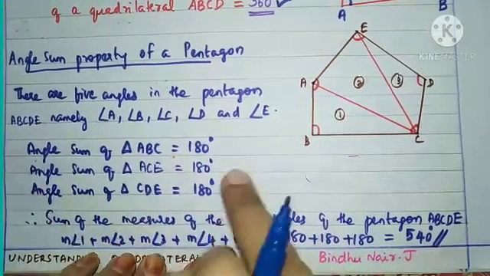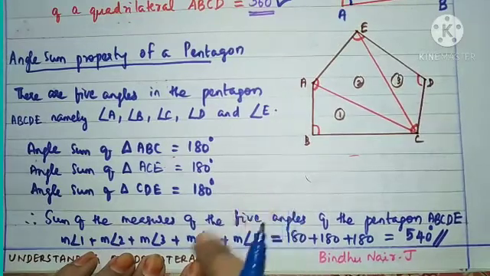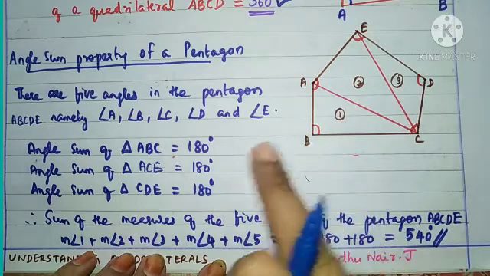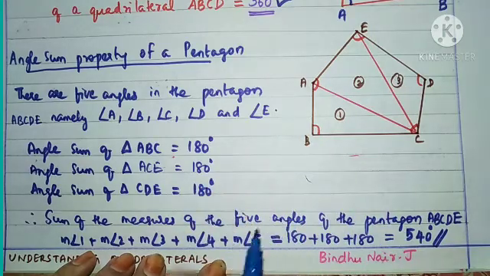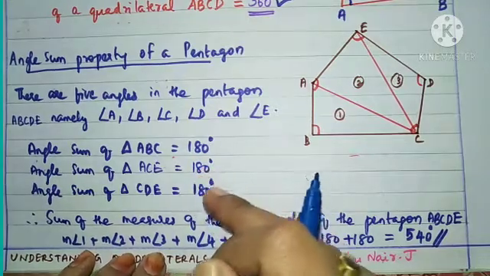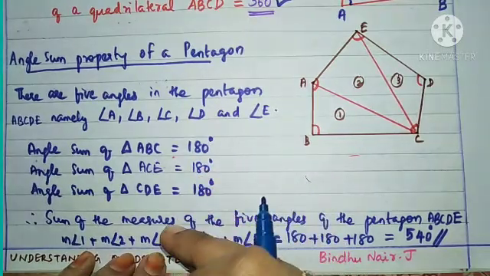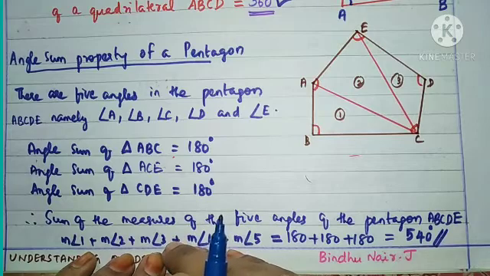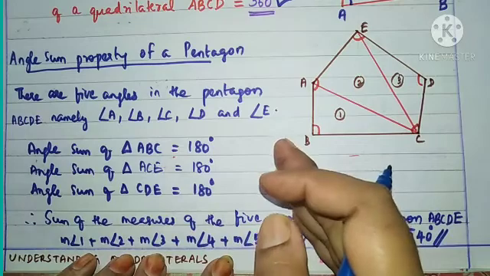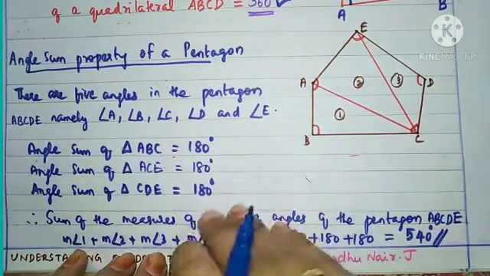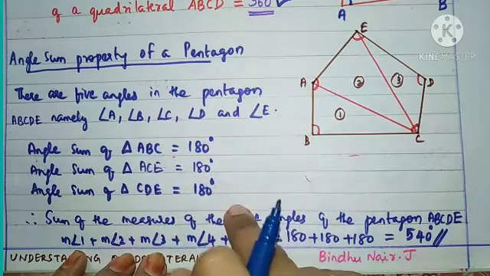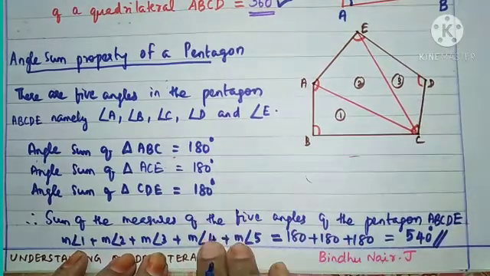Okay. Now there is another way to find it out easily. From all these figures we are going to generalize how we can find out the angle sum property of any closed figure of any number of sides. Suppose you consider a closed figure of 20 sides or 25 sides or 30 sides. What is the method to find out the angle sum property of those closed figures? We are going to see that.